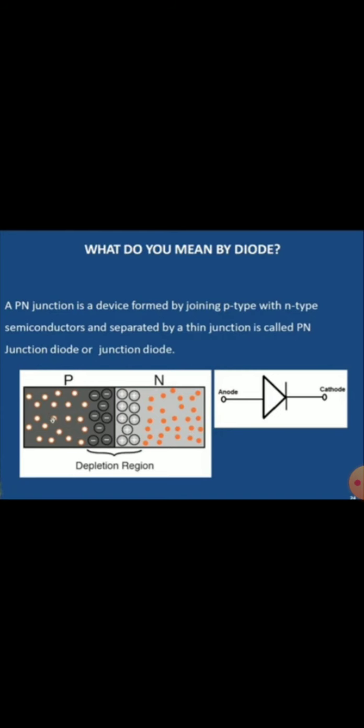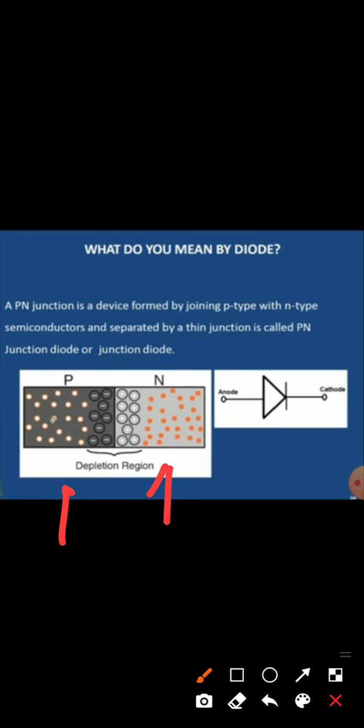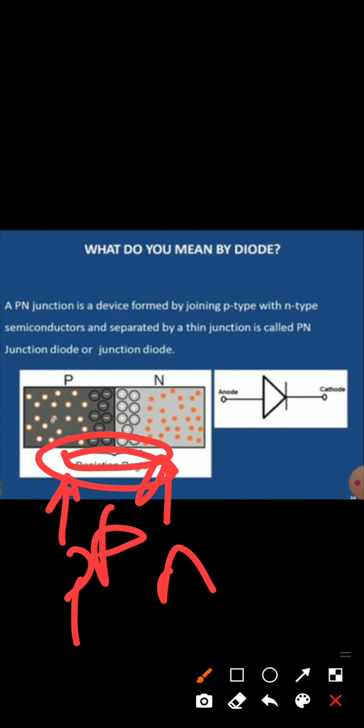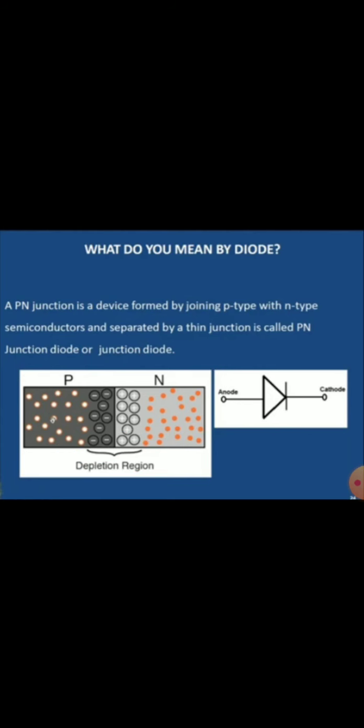The p-type semiconductor suitably joined to the n-type semiconductor, the contact surface, is called the PN junction. Most semiconductor devices have one or more PN junctions. The PN junction is the control element for semiconductor devices.